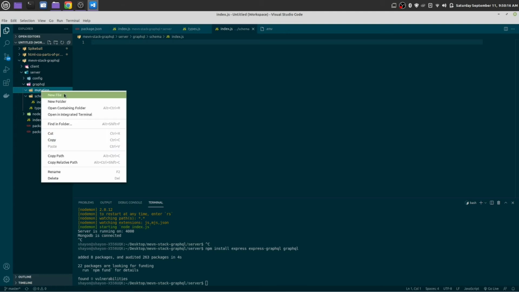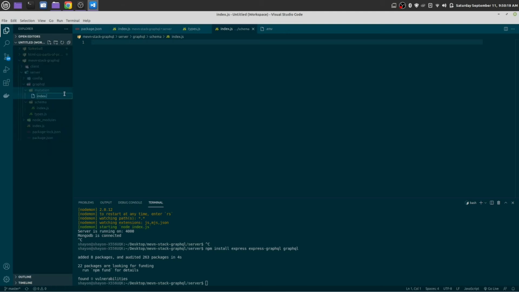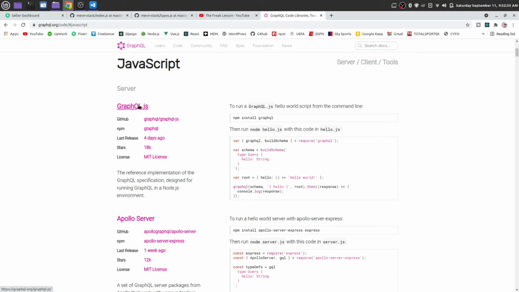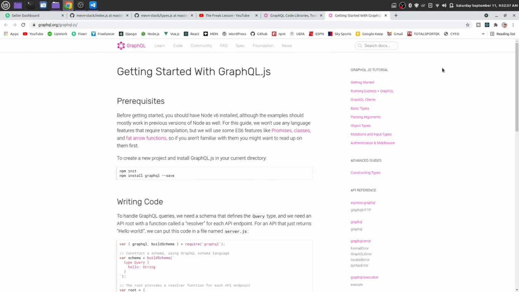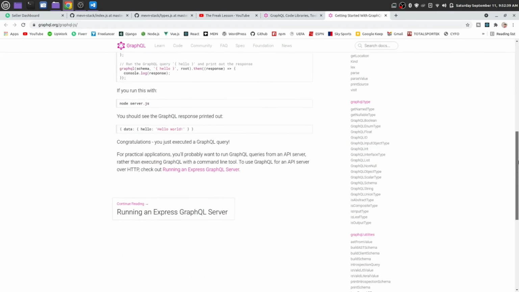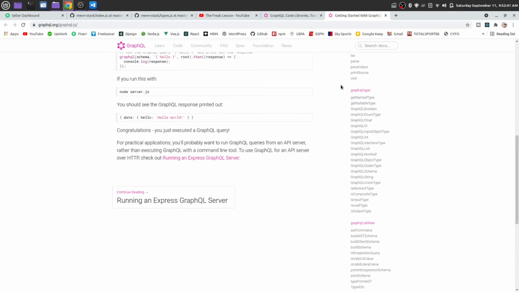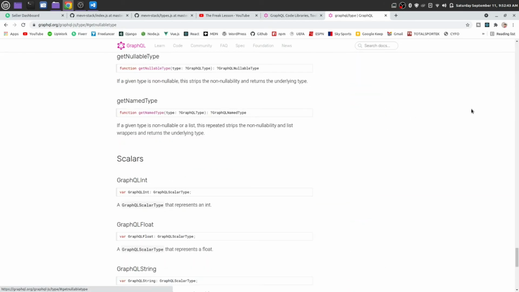Okay, you can make all the GraphQL types and queries in one JavaScript file. You can call it anything. Okay, click on GraphQL.js. You see all kinds of types we have. This is the GraphQL type.